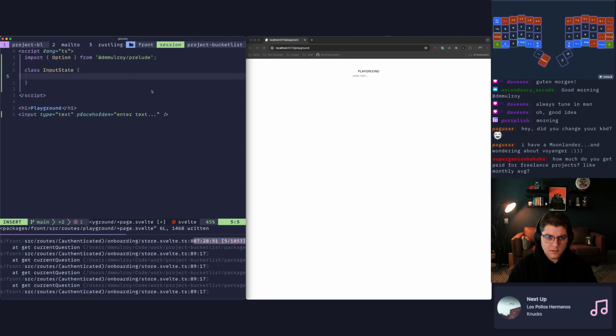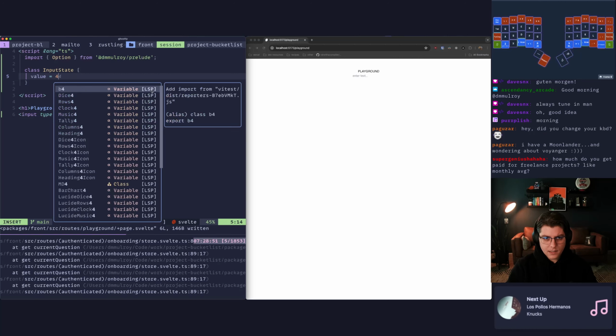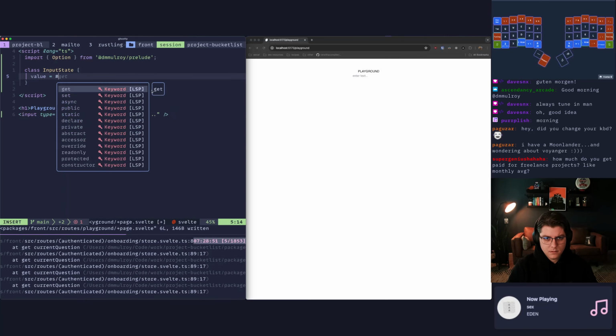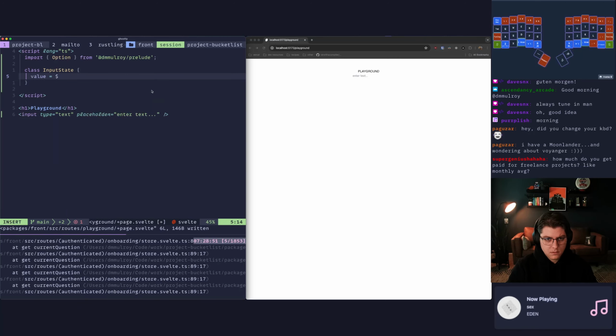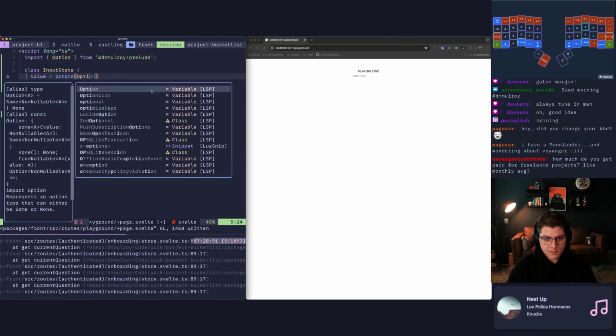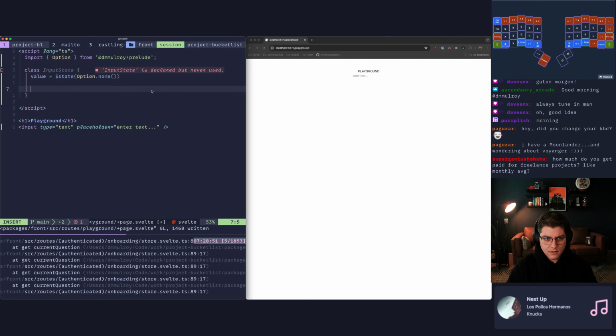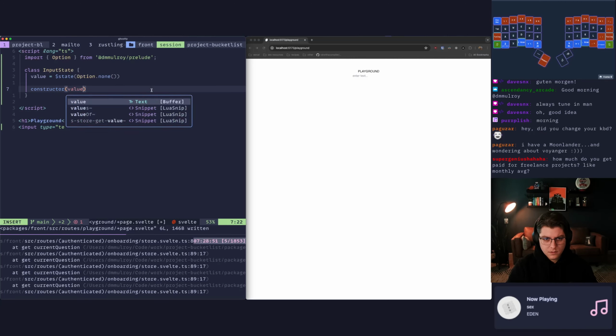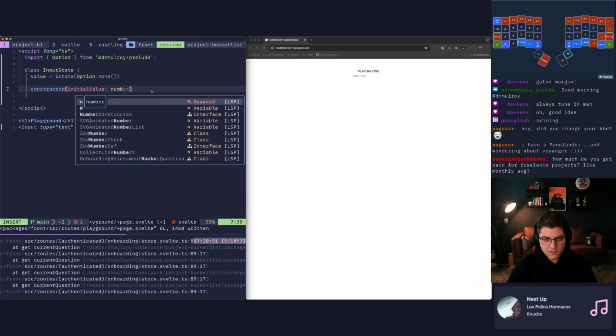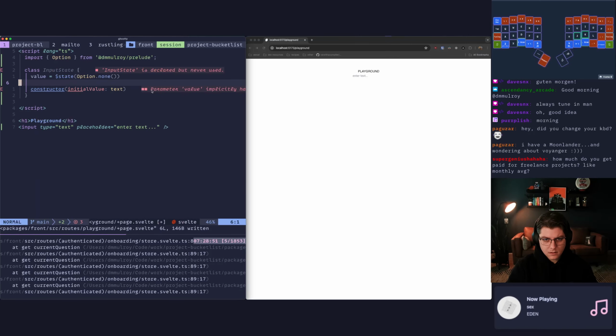And then here I want to say value is going to equal a piece of reactive state, and we're going to make this Option.none. And then down in here we're going to have a constructor with a value, or initial value. This will be a number, or this will be text.